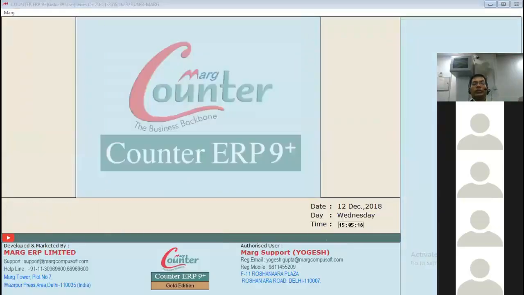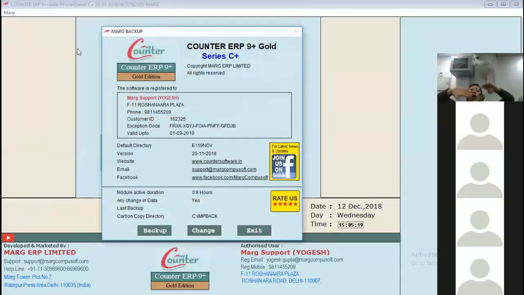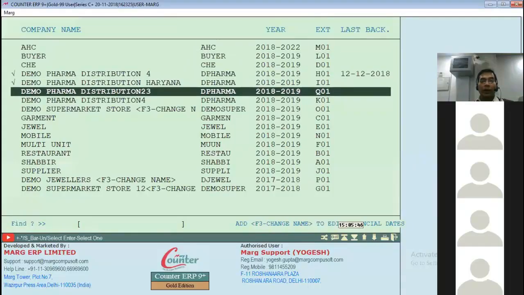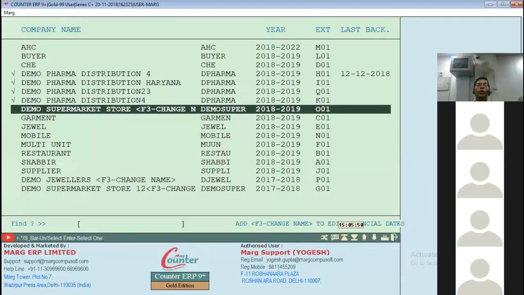Now what I do, I'll press Alt X, escape. Yes. Sir, on this company I have the option of backup. But before backup, I'll change the location from here. By default it is IMP backup. I'll put here 12 December. Now I choose backup. Now my software is asking, sir, which company backup do you want to take? I say I would like to take this company backup, this one, this one, this one, all for Demo Distribution.